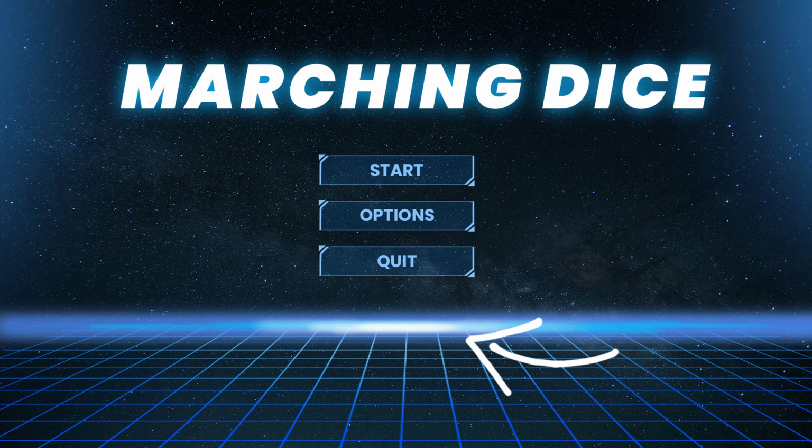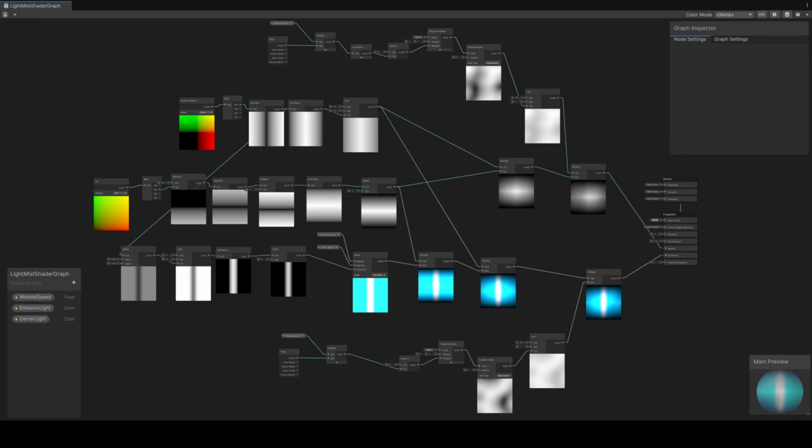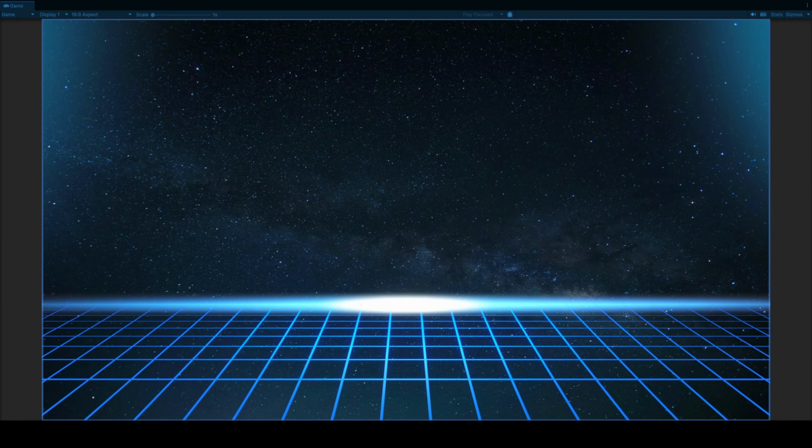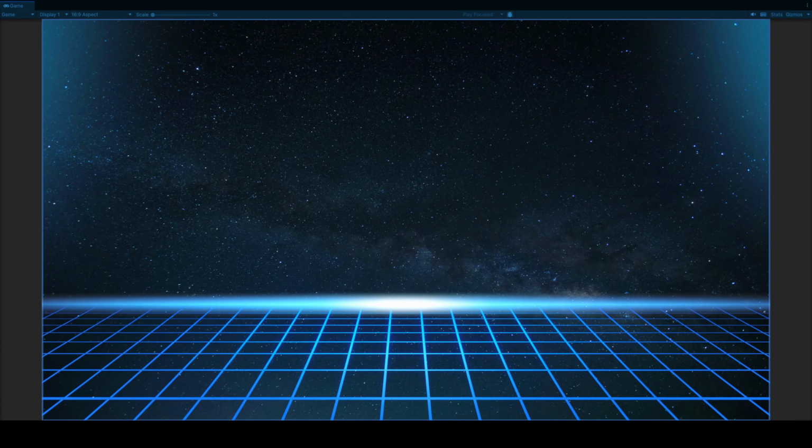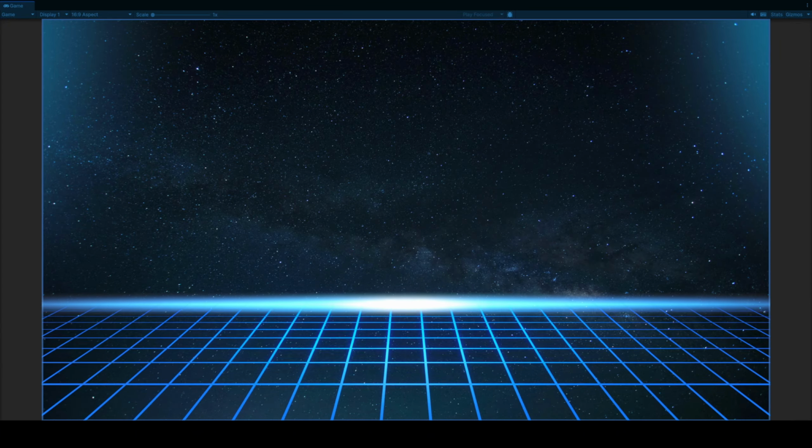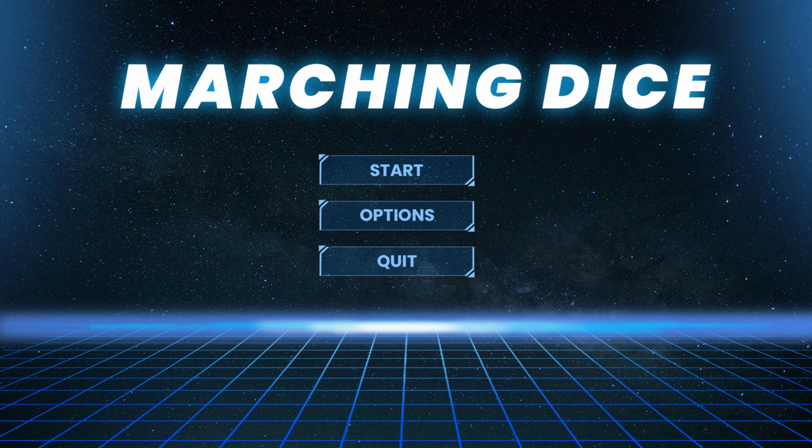Then there's that ray of light on the horizon from the concept image. You guessed it, more shader graph. It's getting more complex, but it's so much fun. And I threw in a C# script to sync it with the beat. Perfect. The scene part of the starting sequence is done, but the UI part, which I thought would be a